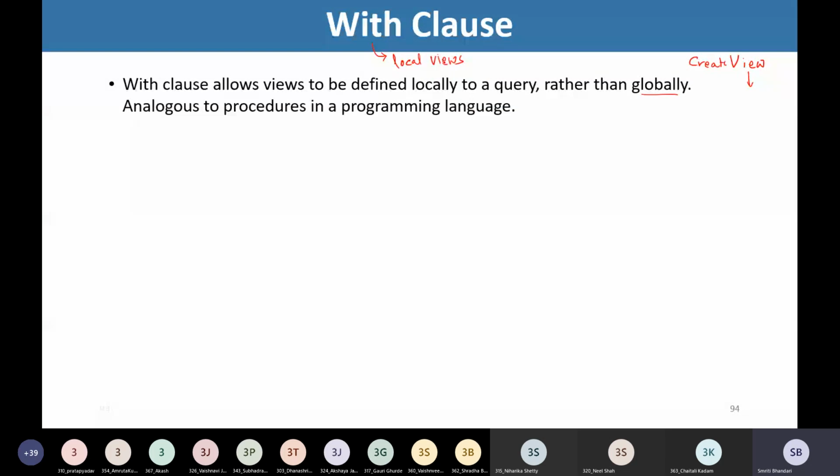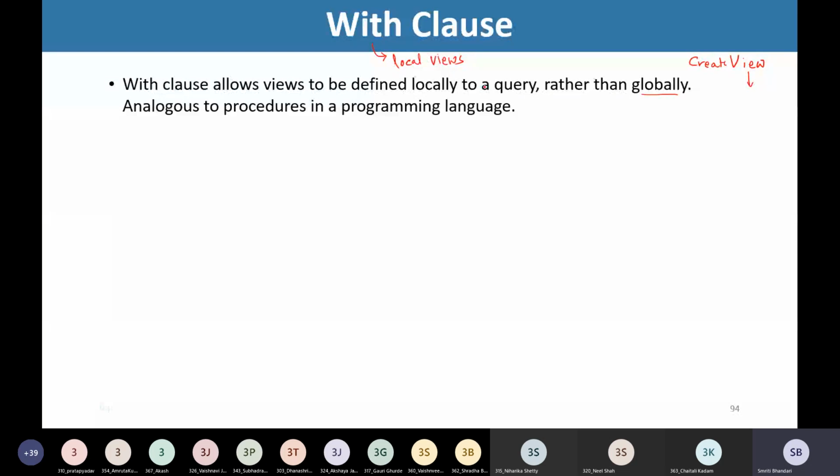What do we mean by local views? Meaning those views or relations created are available for local use while writing that particular query. That relation will be temporary, and it will not be used to write other queries.